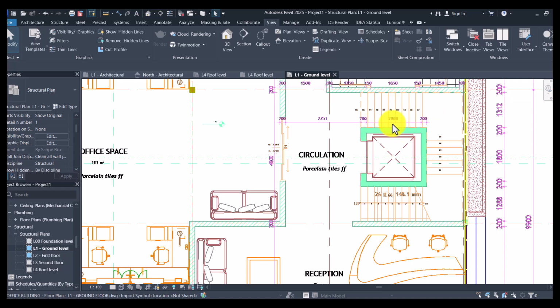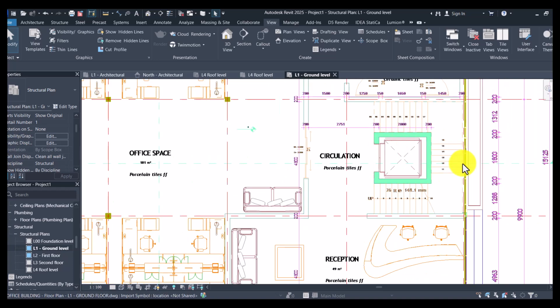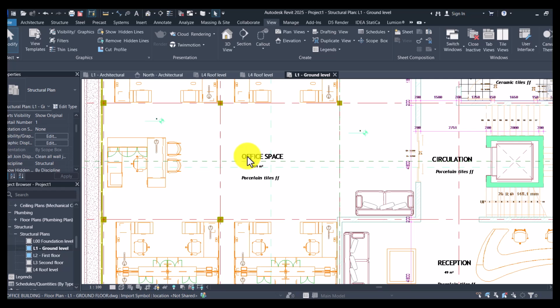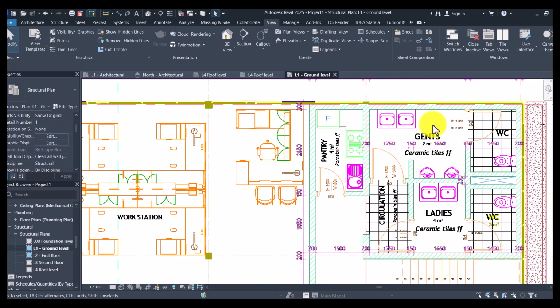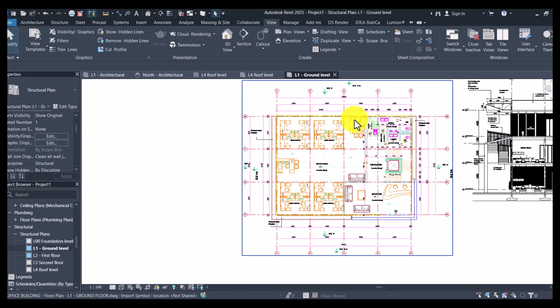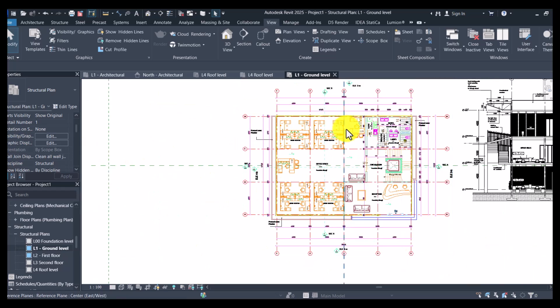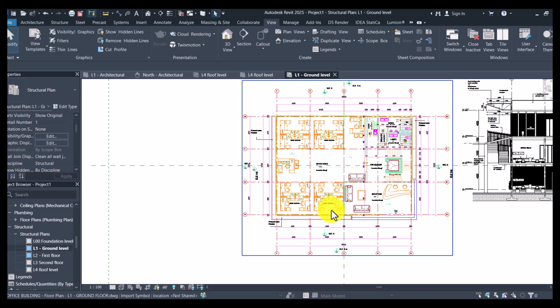Then here we have an office space. This side we have washrooms. Now for us to sketch a proper structural layout, we also need to look at other levels such that